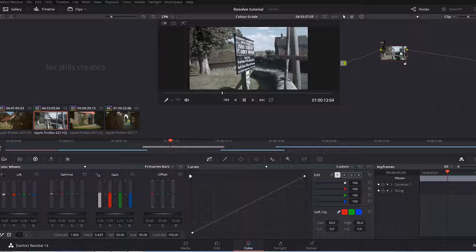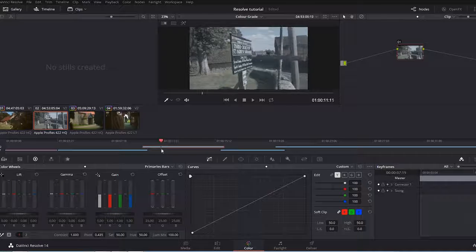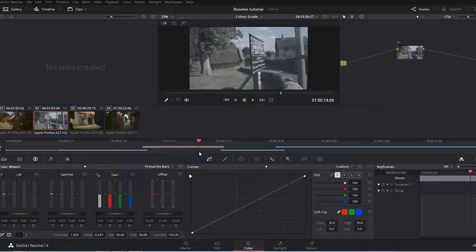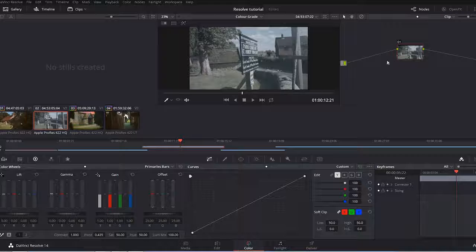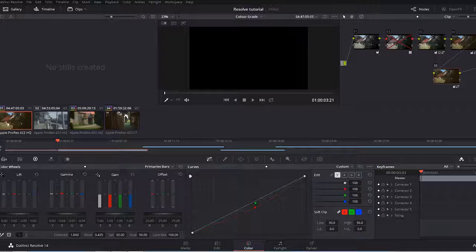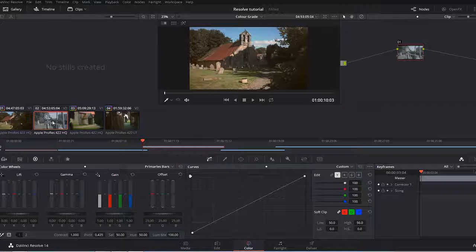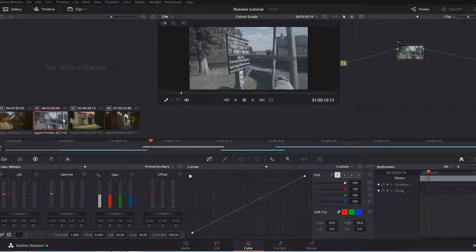Now, if you've got one LUT like this, and let's reset this node so it's back to 0. Now, say for example, if you've got scenes which are very similar, you can get away with duplicating the nodes that you've done for the previous scene, and you can duplicate them to the one that you're working with. Now, the quickest way to do that is to select the node that you want to work with, so this one, right click the